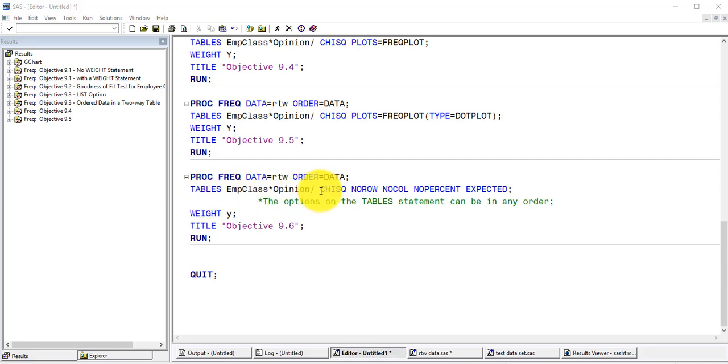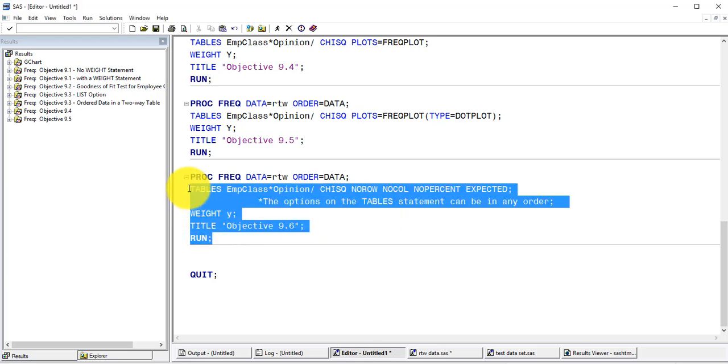I have the two-way table. I want it to do the chi-square analysis and suppress everything, it said, but the observed count. So no row percentages, no column percentages, no overall percentages, but do put the expected value there. Now these options can be in any order on the table statement, so there's not a preference there. And so if we look at all of these and run them,